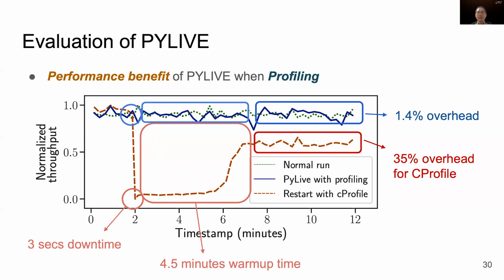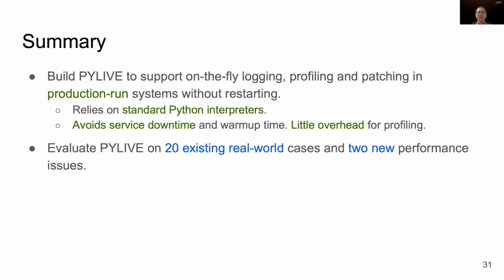Second benefit is that PYLIVE allows engineers to perform customized profiling. cProfile still imposes 35% performance downgrade after warm-up because it profiles every function. PYLIVE can be customized to only profile the relevant functions suspected by engineers and thus reduce the profiling overhead to only 1.4%. To summarize, we propose a framework called PYLIVE that leverages Python's language features to support dynamic code change